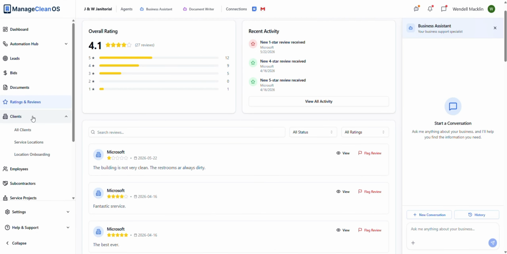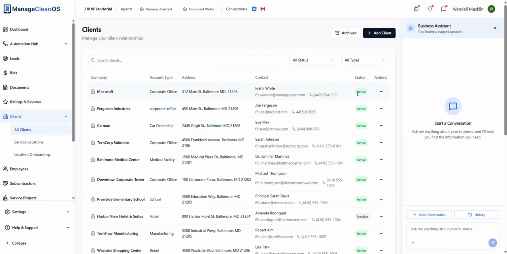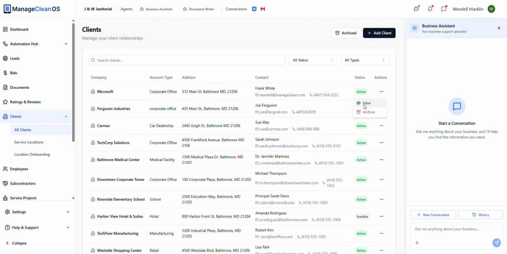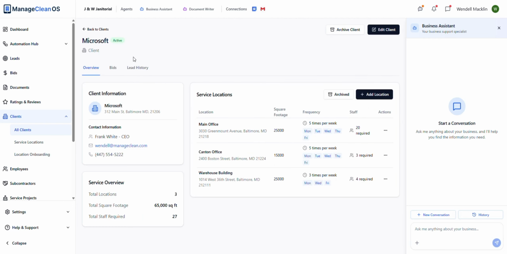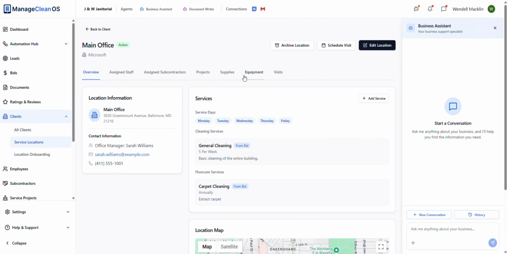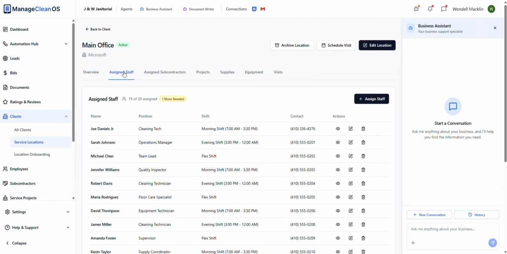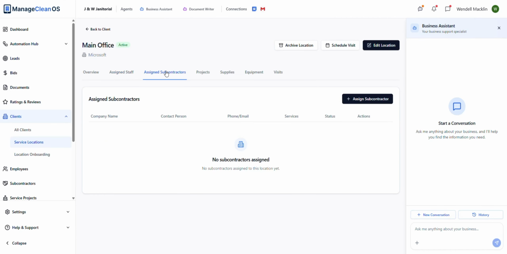The next is the clients. You have all of your clients listed in the platform, and for each client you can add a location. Each location has various information that will be important to that specific location. The things that are going to be important are the assigned staff, any subcontractors that are assigned, any projects